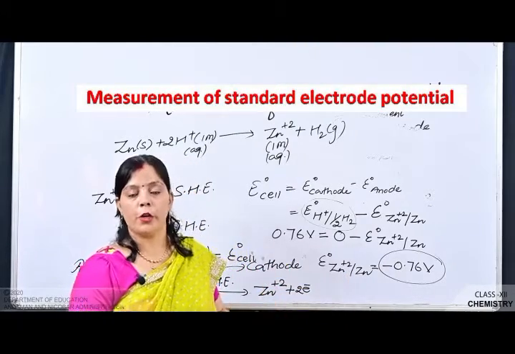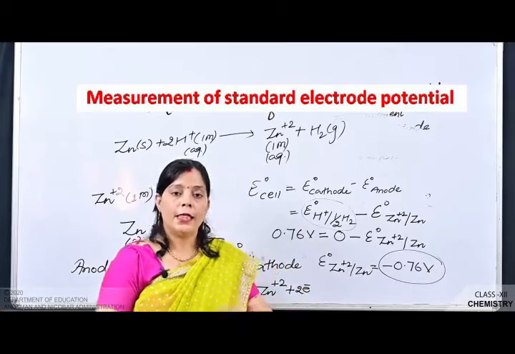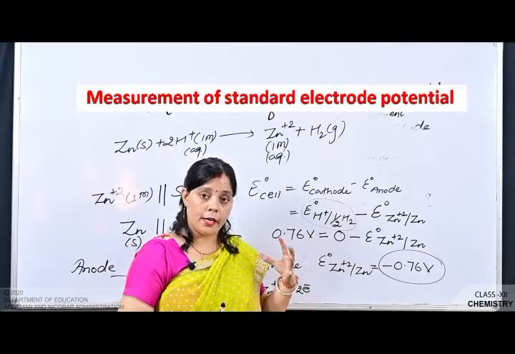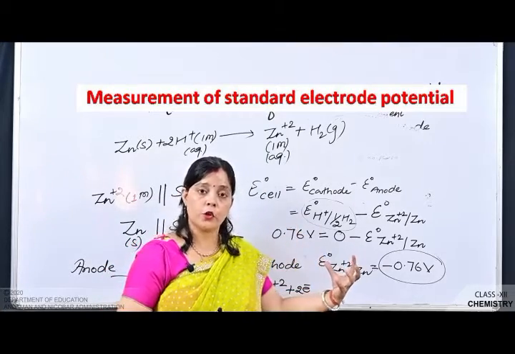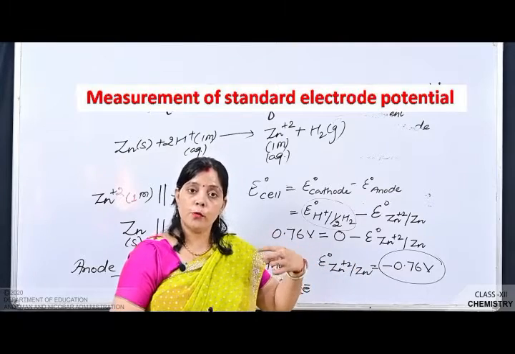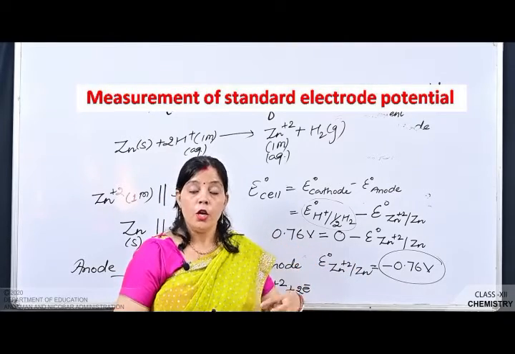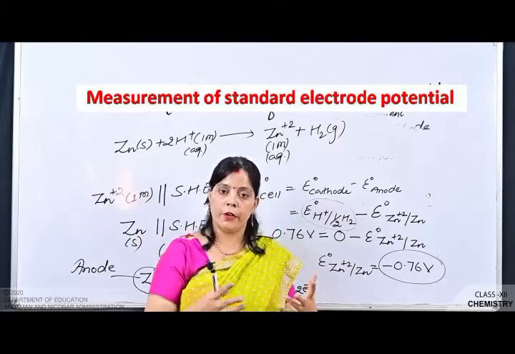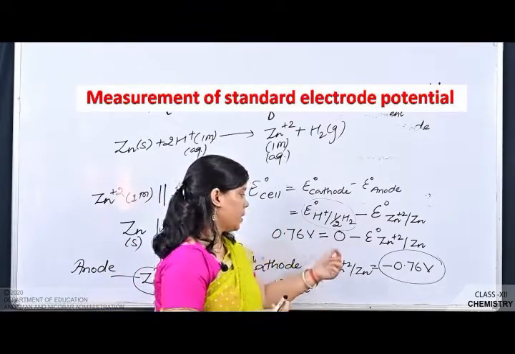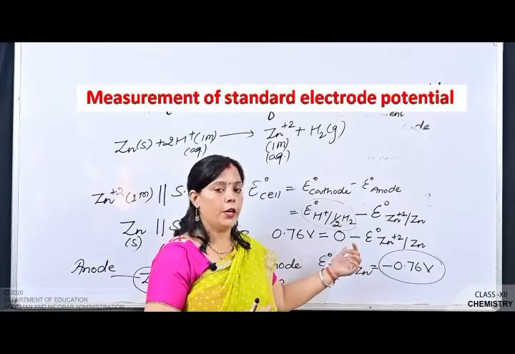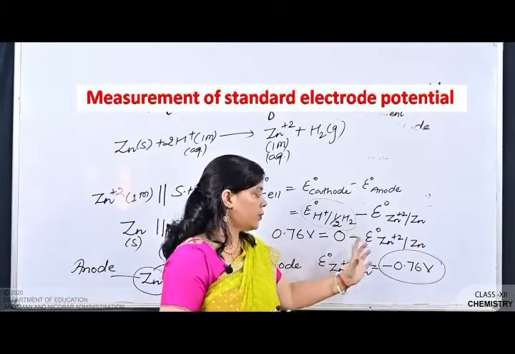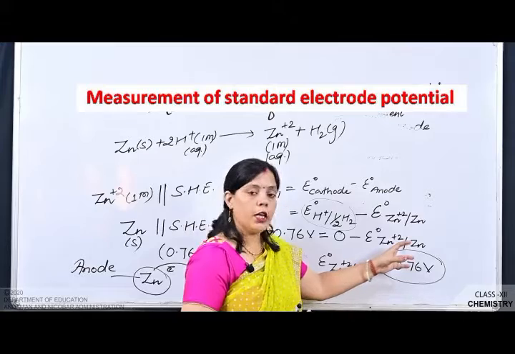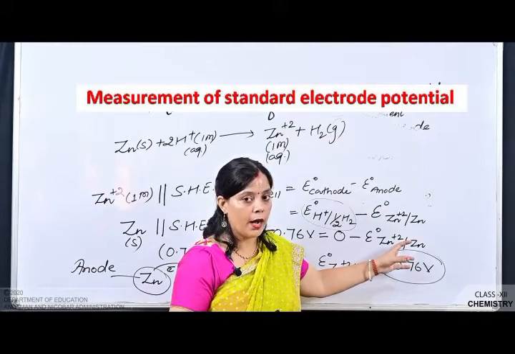So to measure the potential of an individual half cell, first the electrode is attached to the standard hydrogen electrode, and that electrode must be in the standard condition. With the help of the potentiometer we can measure the potential difference of the complete cell, and the standard hydrogen electrode has the electrode potential value 0. So in this way we can determine the electrode potential of an individual half cell.